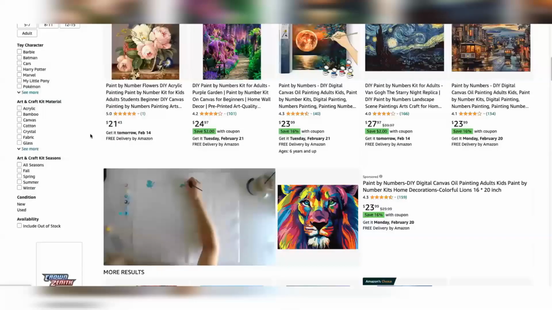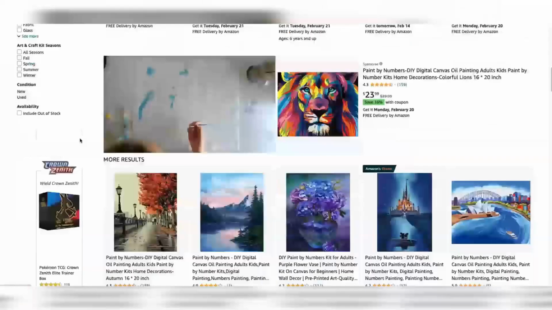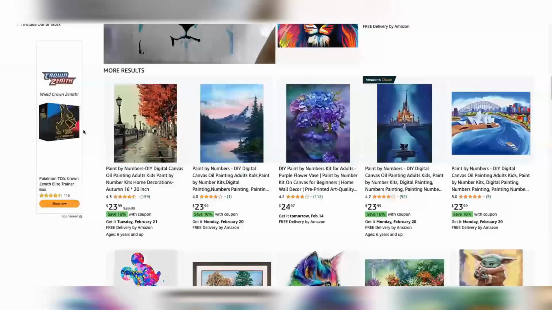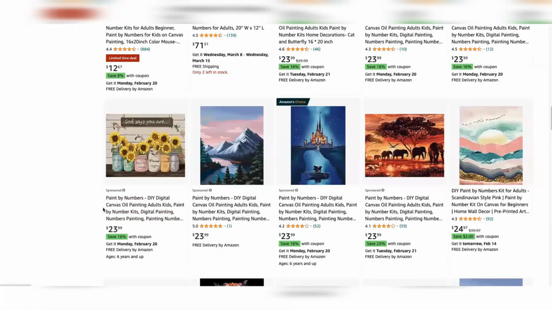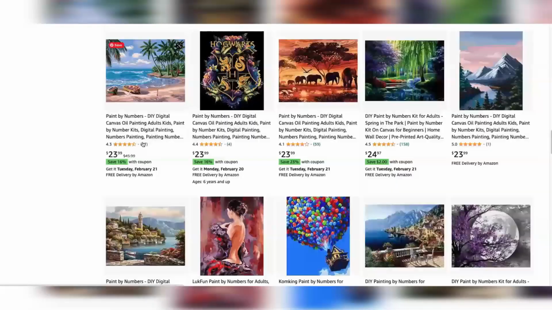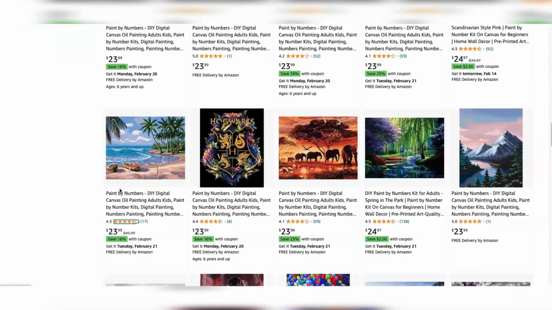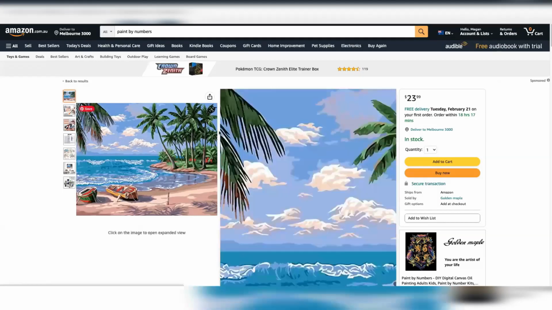So generally, they've got video. Video can perform really well. So if you've got a video, you can test those out. You do need to have brand registry. And generally with these sponsored products, you've got a line at the top, a line at the middle, and towards the end. And then the other type of ad that you can run with sponsored products is the ASIN targeting. So if you click into a competitor,